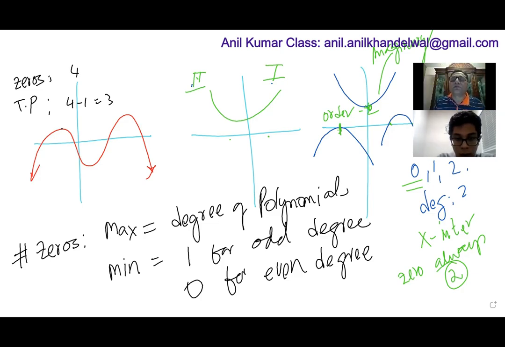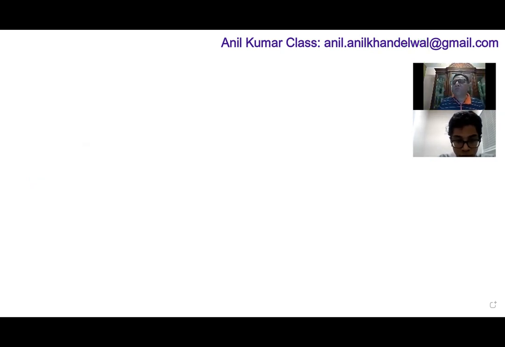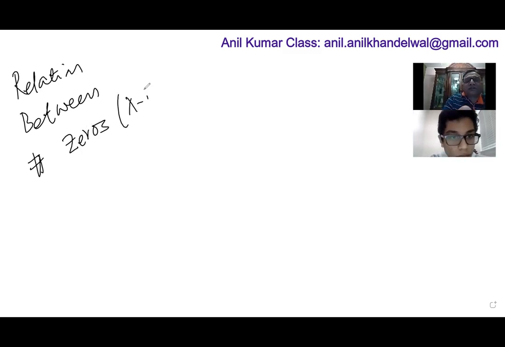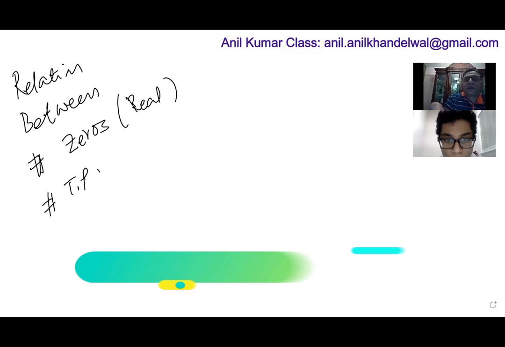Now, let's get to a formula. Do we have a relation between the number of zeros and the turning points? Very important. The relation between the number of zeros, so we are talking about zeros meaning x-intercepts for this. Is that okay? Real zeros, right? That will make sense, right? Between real zeros and the number of turning points. Is that okay? Now, what have we realized so far is